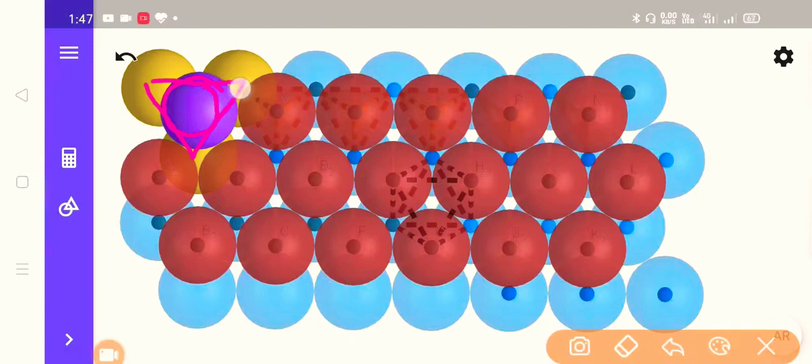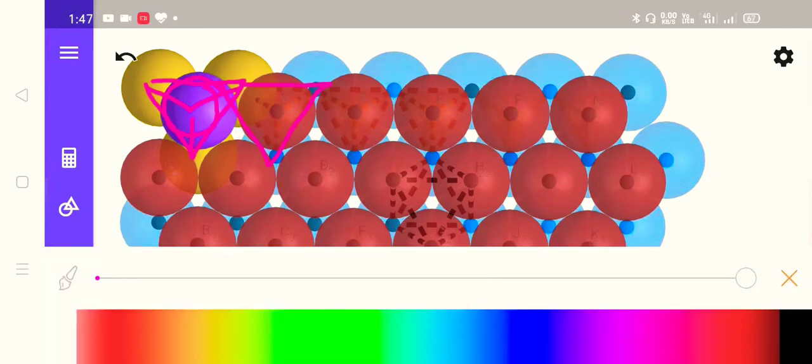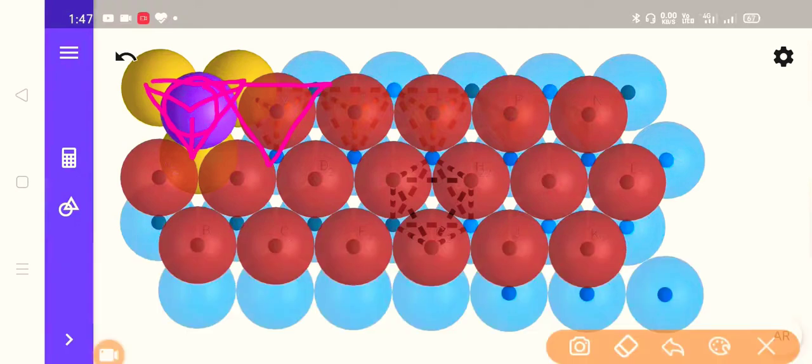Between these three bottom spheres we have one upper sphere, so they have empty space between them, and eventually it will create a void. Similarly, at an adjacent location, three bottom spheres also create a triangle and we have this upper layer sphere, so it also creates a tetrahedral void.